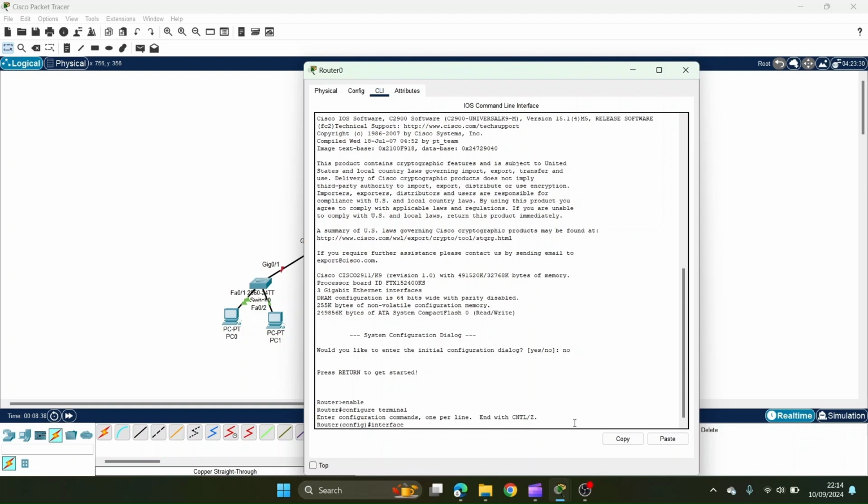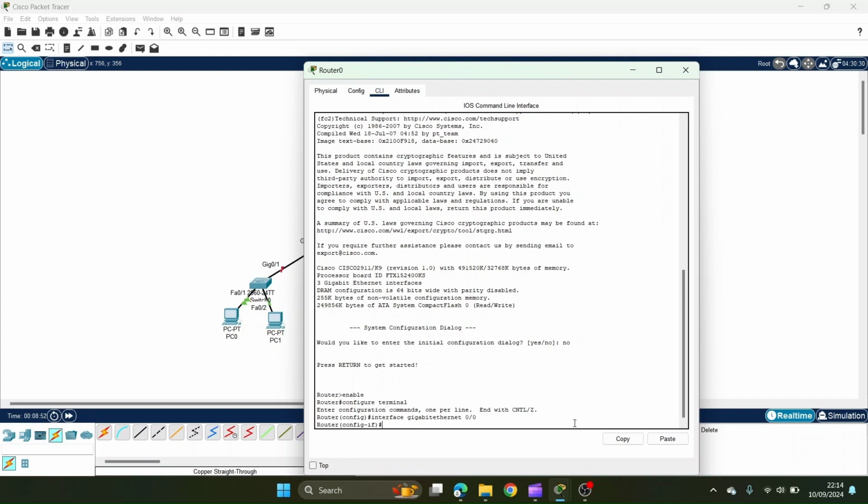So we want gigabit Ethernet, and it's 0/0 interface, and we hit enter. Now we want to say, okay, give it this IP address, and you put in your IP address. For this demonstration, we'll use